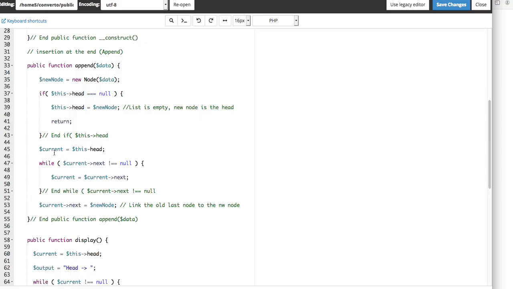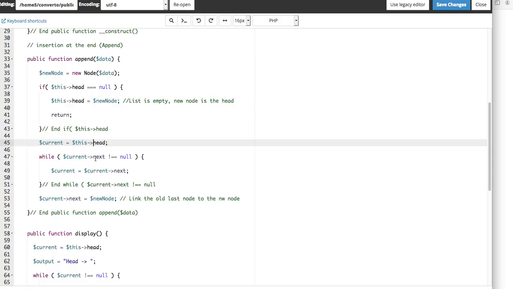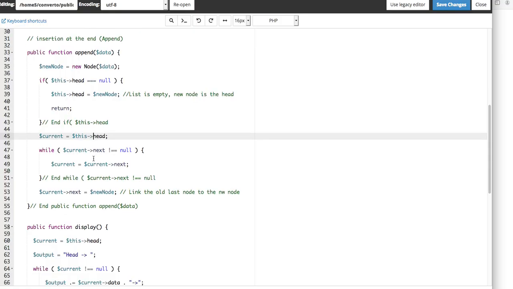Then I go current equals this. Oh, there it goes, right there. You would think you would get some kind of error, but I found it right here. Like I told you, man, I'm blind. Anyway,